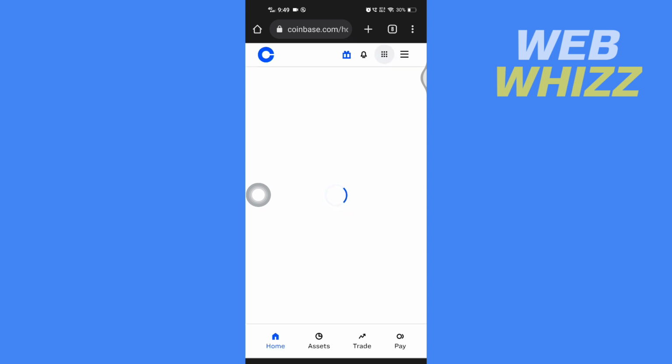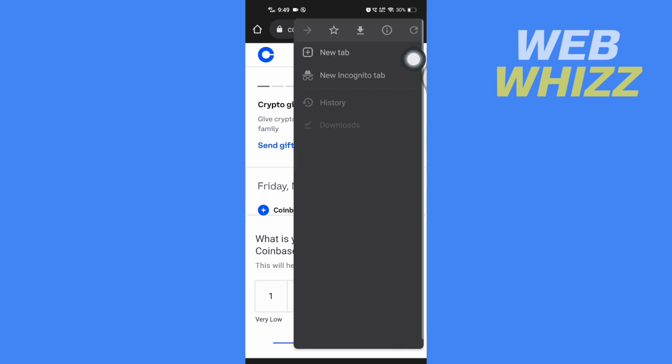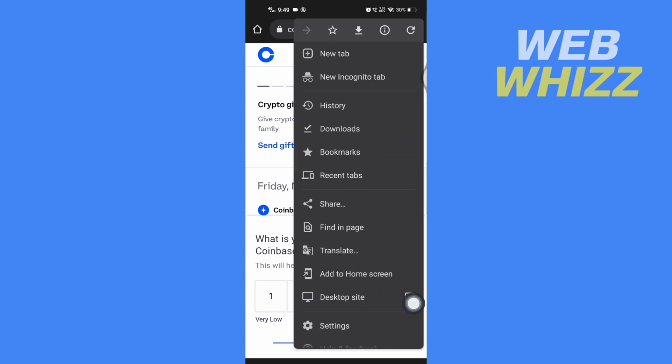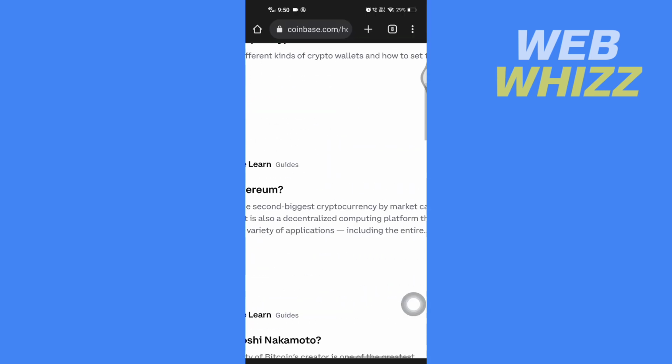and after you sign in you have to turn on the desktop mode. So to turn on desktop mode, tap on these three dots in the top right corner here, and then check this desktop site option. So now once the desktop site is loaded, zoom in and you have to tap on